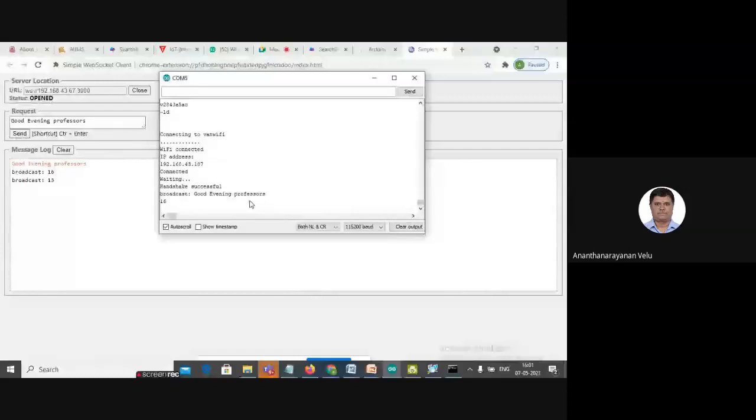Hardware may be at any place. Only thing is it should be connected through network. It may be internet or intranet. So whatever the information I am pushing is reflected immediately without waiting for any request from the WebSocket client. Who is your WebSocket client?